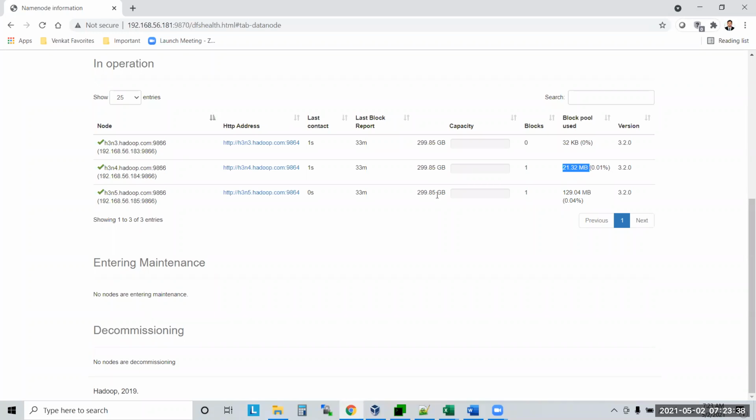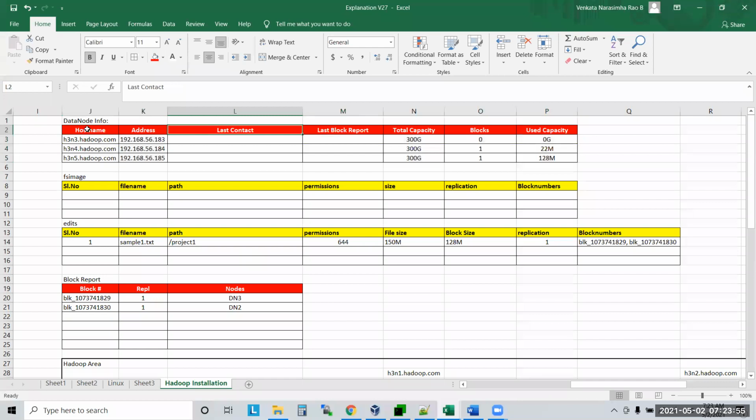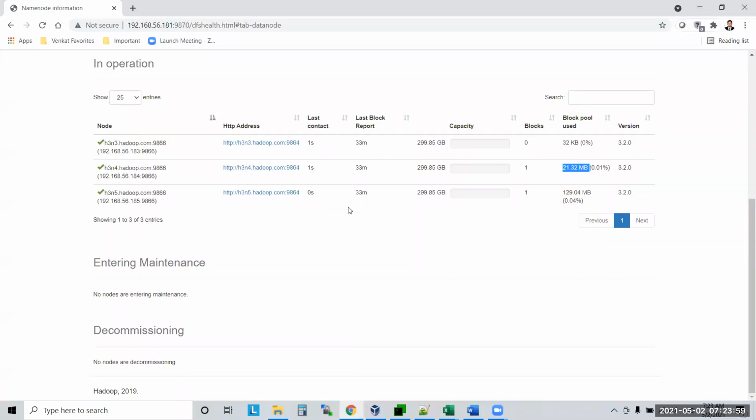So you understood, guys, how the data file is getting copied? Are there any questions? No questions, right? As per the default, sync should be done in 3 seconds, right? What sync?